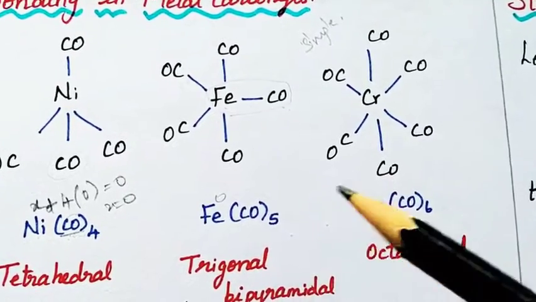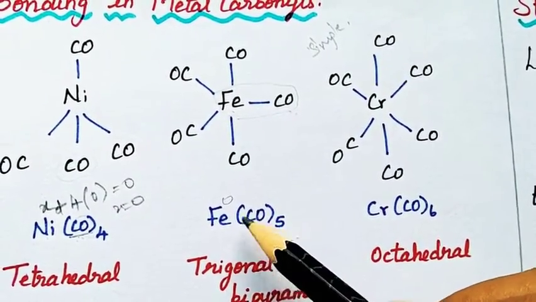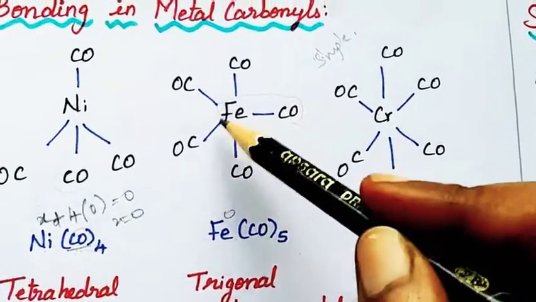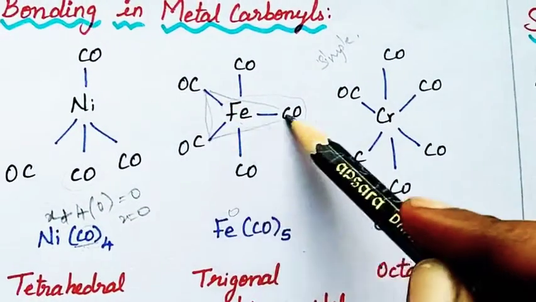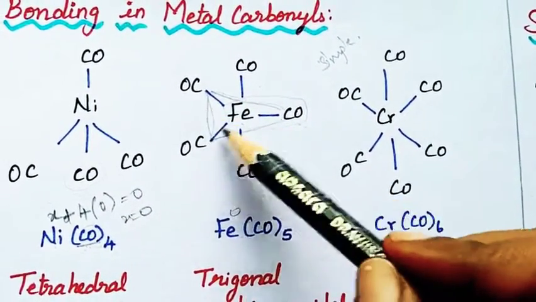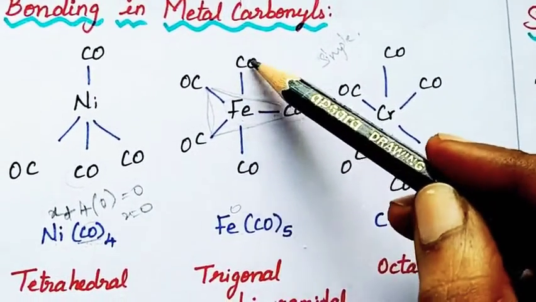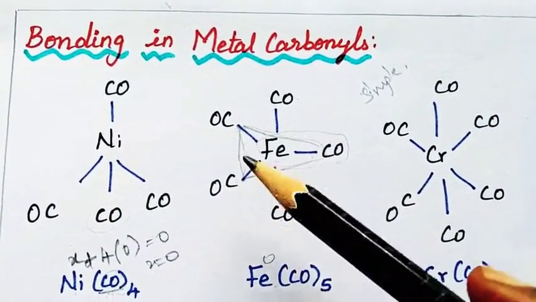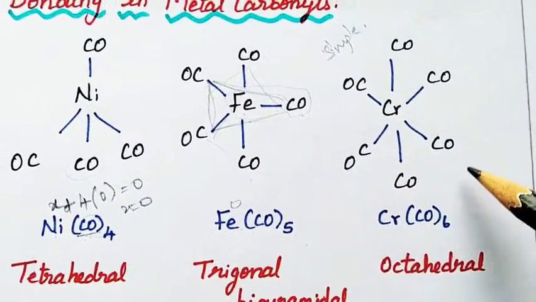Fe(CO)5. Here the name of this compound is pentacarbonyl iron 0, and the shape of this molecule is trigonal bipyramidal. So these three carbonyls and the iron are present in the same plane. One carbonyl will be at the top and another at the bottom. So this shows trigonal bipyramidal shape. Next,